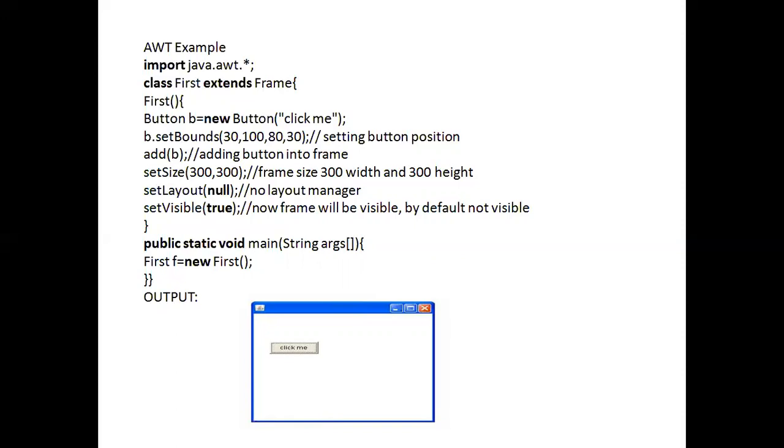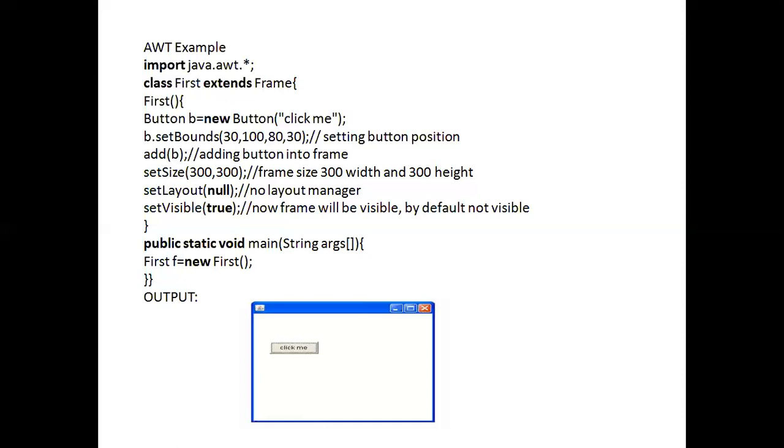Layout is null, no layout manager; here we are not using any layout manager. Set visible as true. By default the frame is not visible, but here we are setting it as visible.